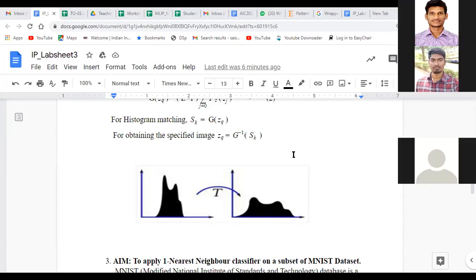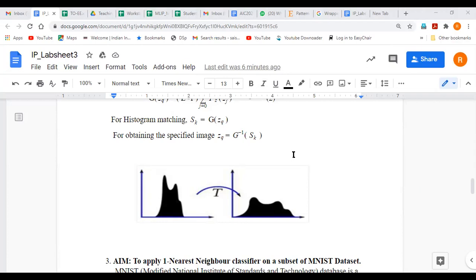Sir, with the help of the given image CDF, we are reshaping the present image, our own image CDF. Reshaping the CDF, or we are reshaping the given image PDF to the target image PDF. Or we are modifying the given image PDF to the specified image PDF, the desired distribution. So if this specified image PDF is very narrow, then what will happen?